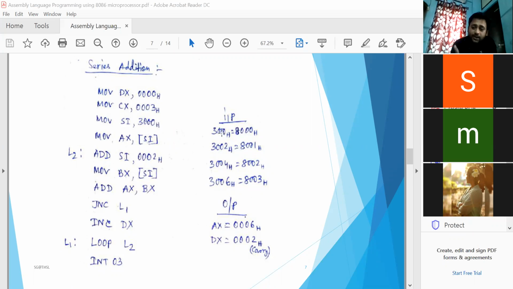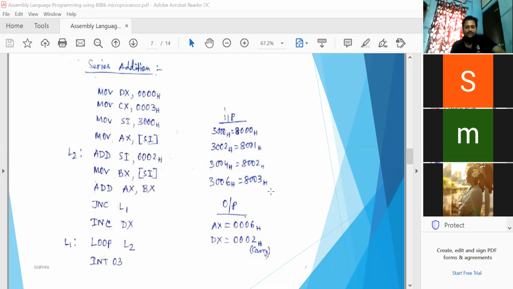So if it starts from the 3000 memory location, 8000 is reserved to the next two memory locations, 3000 and 3001. So these two memory locations are occupied by the 16-bit number, which is 8000 in this case. The next 16-bit number will be stored on the next memory location, which is 3002. So 3002 and 3003 will be reserved for the 8001 data, and in this way up to 3006 and 3007. So from 3000 to 3007, memory locations are reserved to store these 16-bit numbers. So there are 4 numbers.